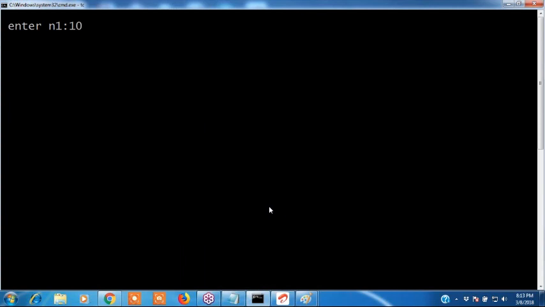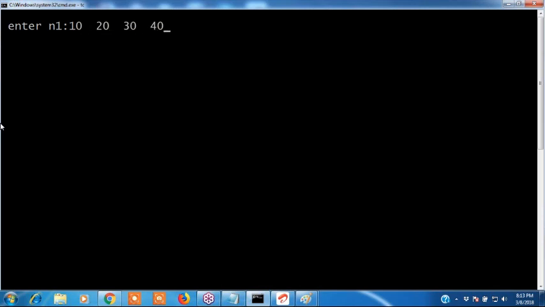First read n1, 10. Guys, all of you concentrate on how I am entering inputs. First enter n1. Okay. Next it is asking to enter 20. Right? It is asking first enter n1, after that enter n2. First n1 is 10, n2 is 20. Sometimes what will happen, guys? Sometimes I will enter like this: 10, 20, 30.